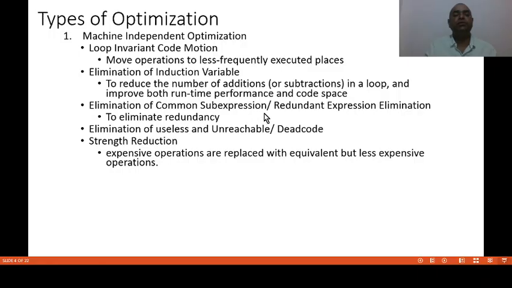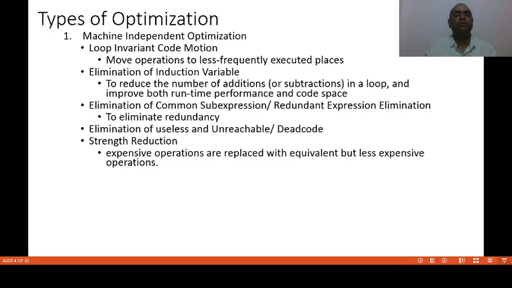It is used to remove the redundancy in expressions that are present in a program. Elimination of useless and unreachable or dead code. Dead code or unreachable code is code to which the control cannot reach from any path.